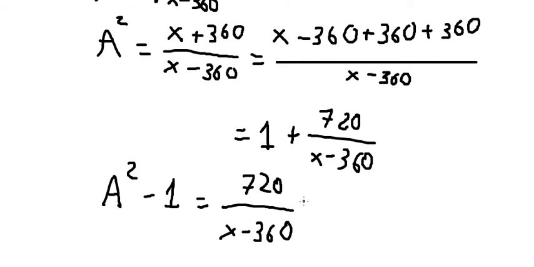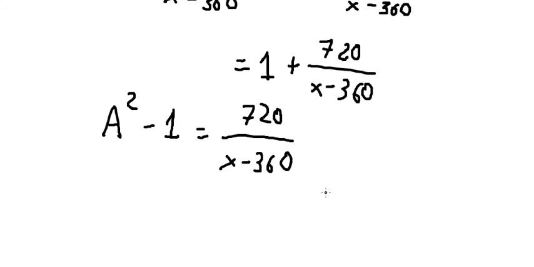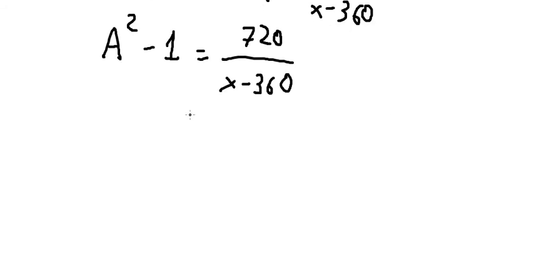In this situation, if you want to get a natural number, 720 can be divided by x minus 360. So we need 720 to be divisible by